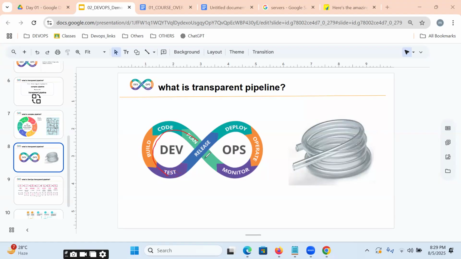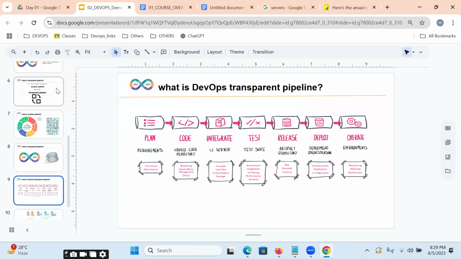Why? Because everything is automated, everything is transparent. So that is the reason we are going to be replacing the complex pipeline with what? Our DevOps transparent pipeline. But what does the actual DevOps transparent pipeline look like?